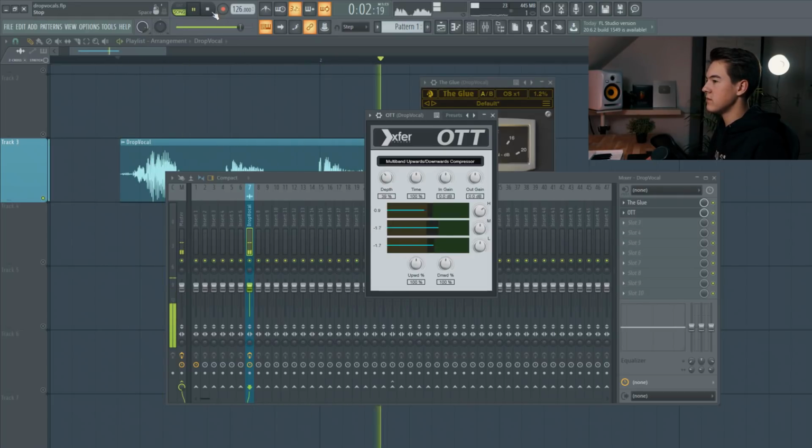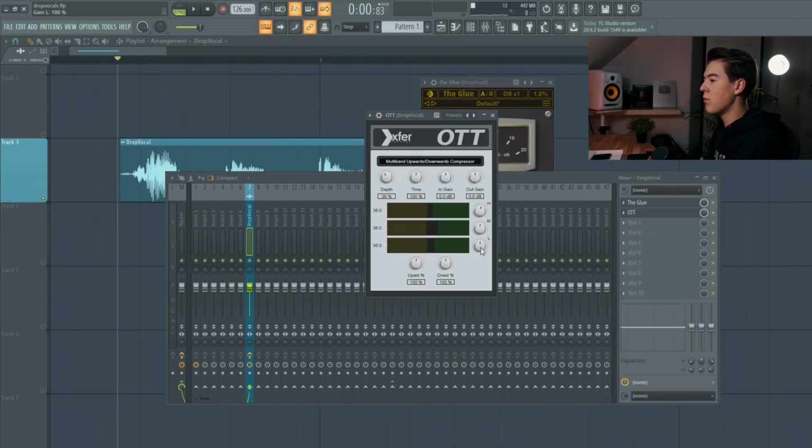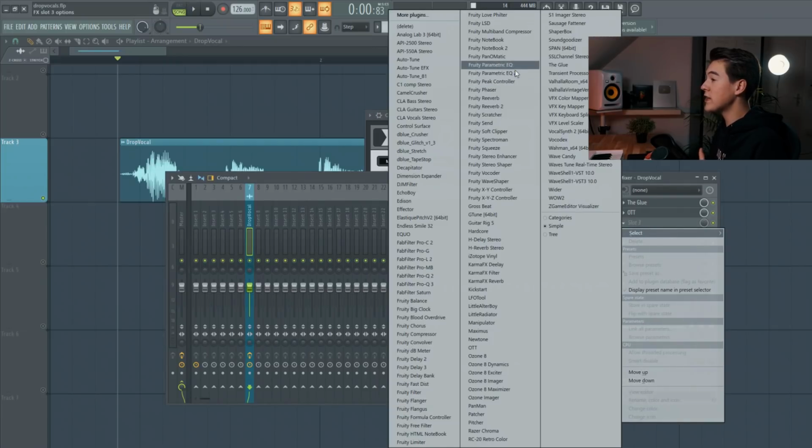Drop the bass. That's a little bit too much, like this. Drop the bass. Just try and tweak around with the depth and the high and the lows. And if we want some more compression on the lows, then we can put up this button. Drop the bass. But you don't want too much low end in your vocal, so that's why I'm going to